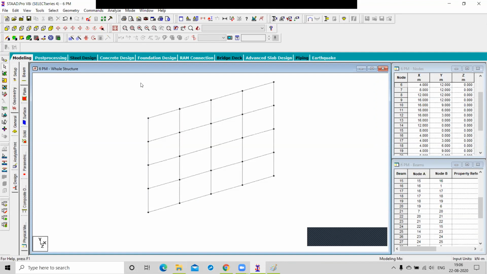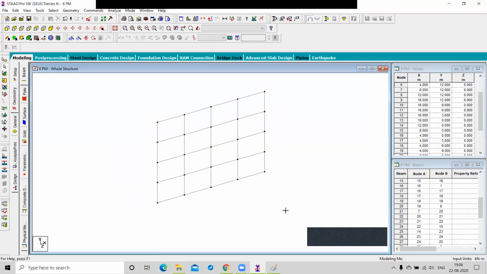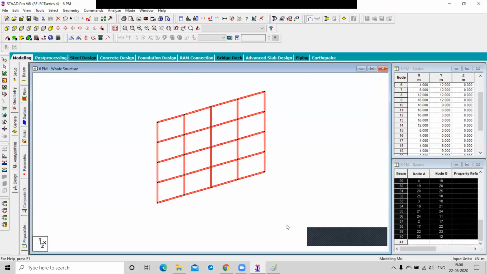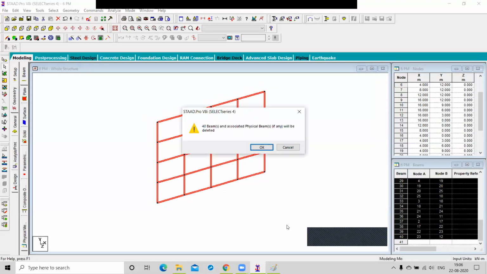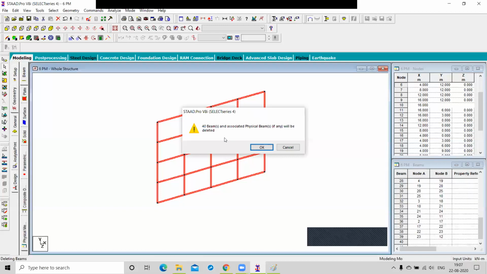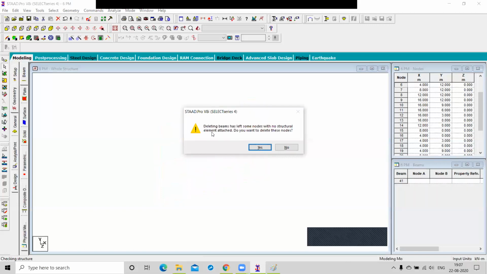Now select the whole figure and press the delete button. First, the message is shown: 40 beams and associated physical beams will be deleted. Press OK. The second message shown: the deleting beam has left some node with no structural element attached.